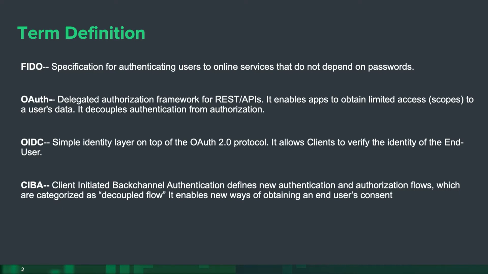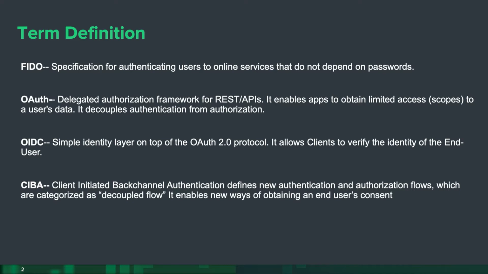OAuth, it's a delegated authorization framework that was released in 2011 for RESTful APIs and applications. And this is important because all of our next generation of services are really wrapped around APIs, right? That's how we're communicating with external third parties and between internal products, et cetera. So being able to build in authorization into APIs becomes a fundamental aspect of how we're securing our next generation